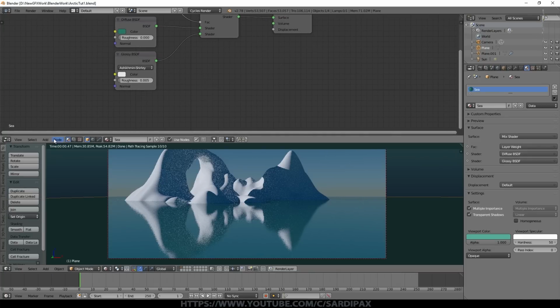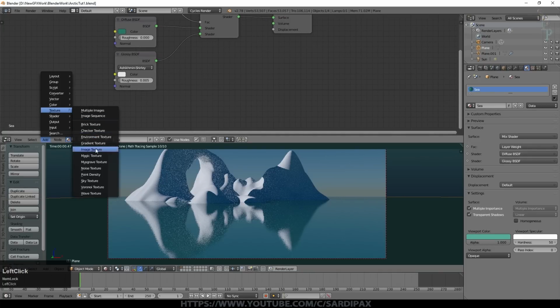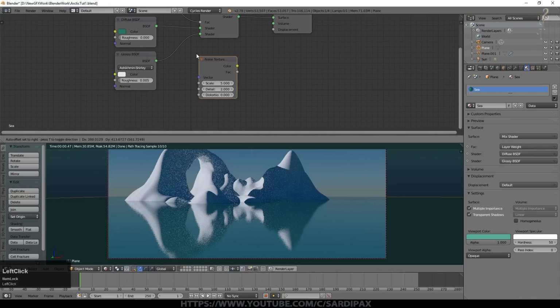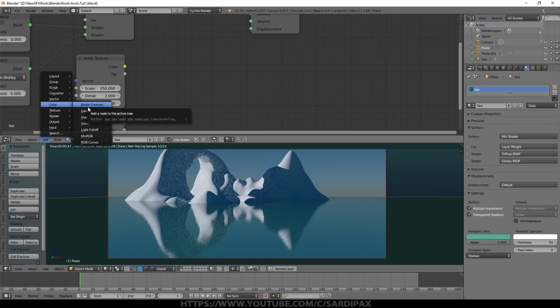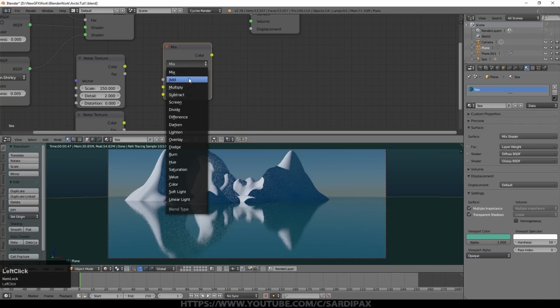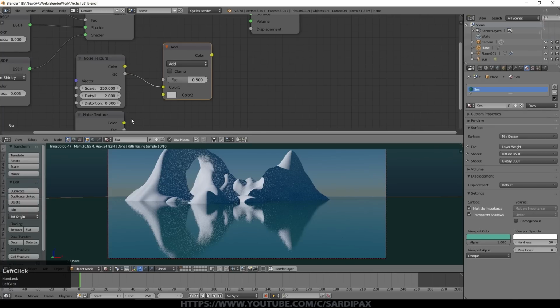add some more nodes. So I'm going to add a texture which is a noise texture. I'm going to set that to a scale of 250, and then I'm going to duplicate it, and the copy I'm going to set to a scale of 1000. And I'm going to put the detail up to 16. You can actually type in a higher number than that if you want to. So I'm now going to add a color mix node, and I'm going to set it to add. I'm going to take the factor of each one into there, and I'm going to set the mix factor on the add node to